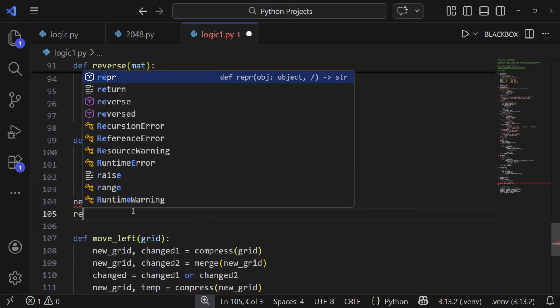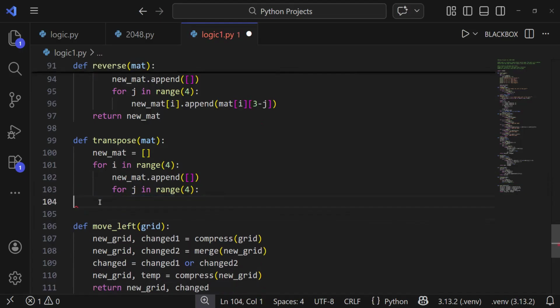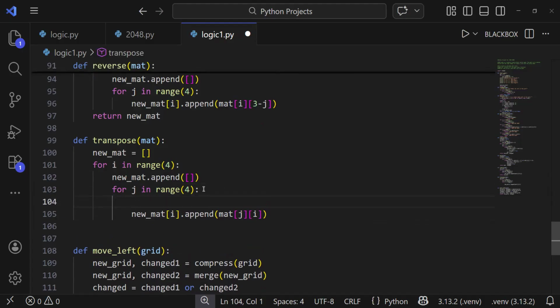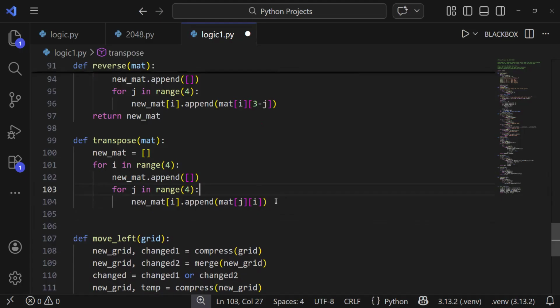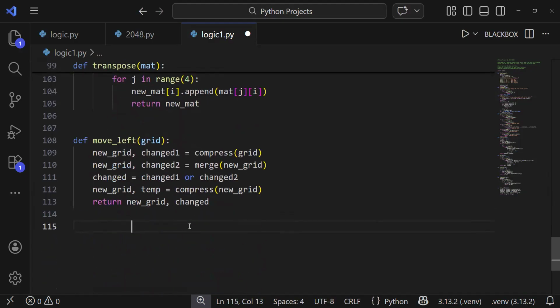Okay, wait, I think we need to add it here like this. All right. Yeah, right. Okay, so j and i, and now return new mat. The define move left is fine. Now we need to write